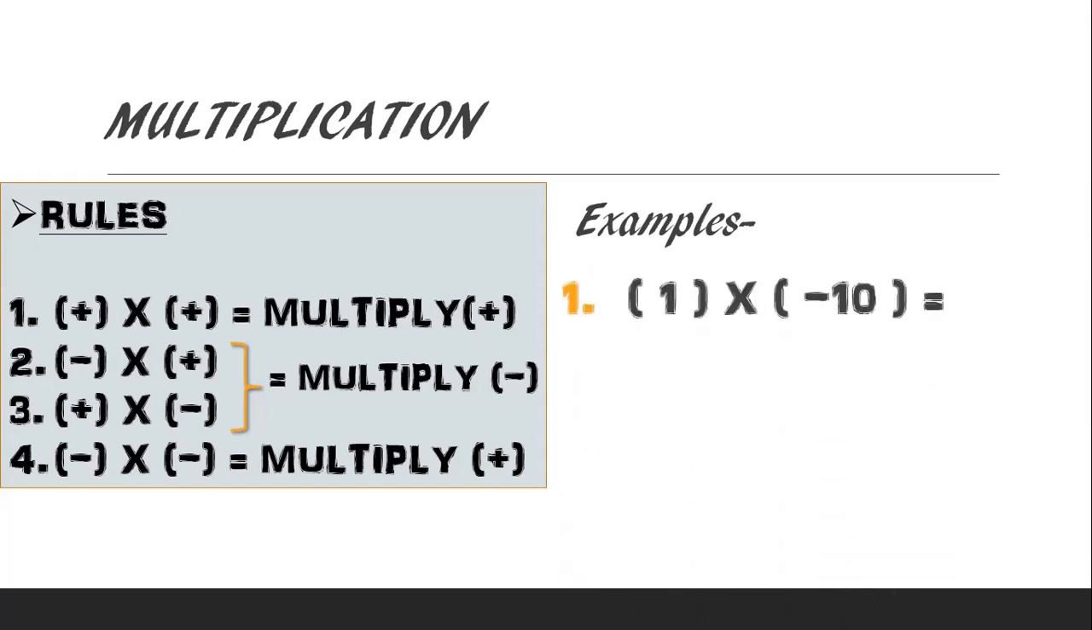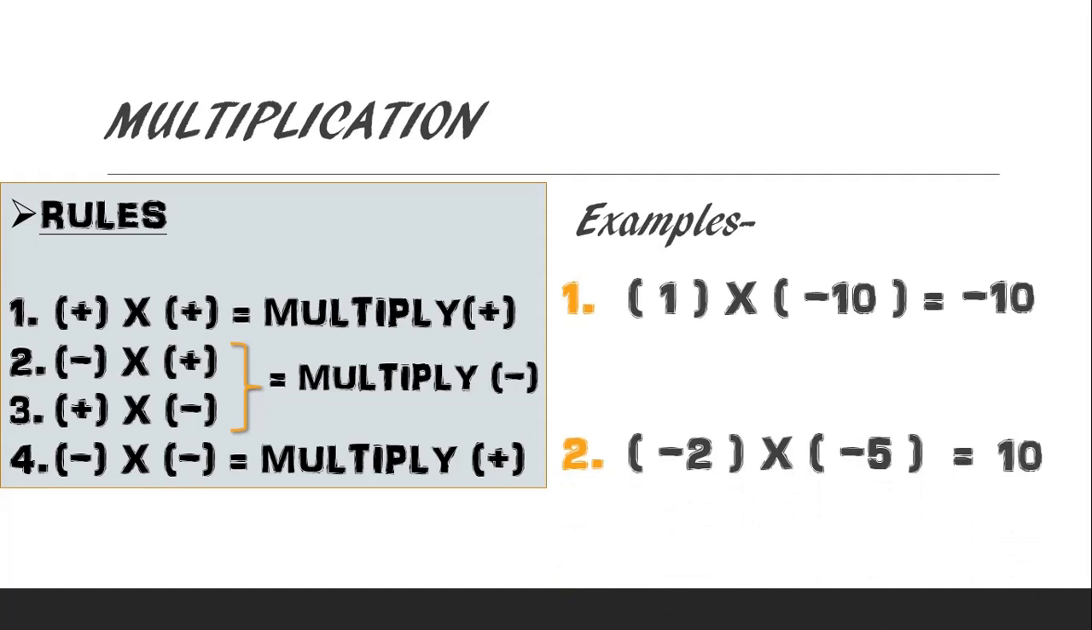Let's learn it using some examples. So you can see in the first example, the first number is positive and the second is negative. So after multiplication, the sign will be minus to the answer. And if both the numbers have negative sign, after multiplication, they will have plus sign or you can